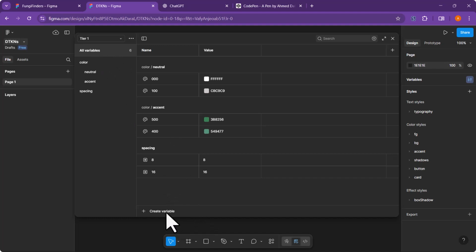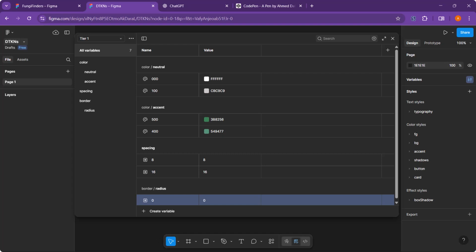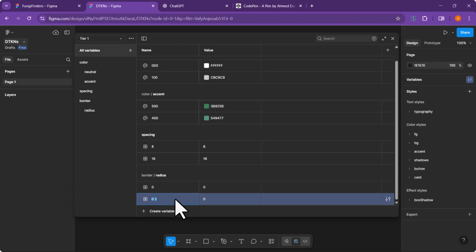Next we're still on variables. We're going to create for our, I think it's a border. Yes, we're going to create border. Borders have radius and width, so this is just going to be for border radius, and this one is going to be, okay, let's create for 0 just for the fun of it. Enter, and we'll duplicate this. What I need is just 4. So I believe I'm done with all my tier 1 variables for this MVP button.